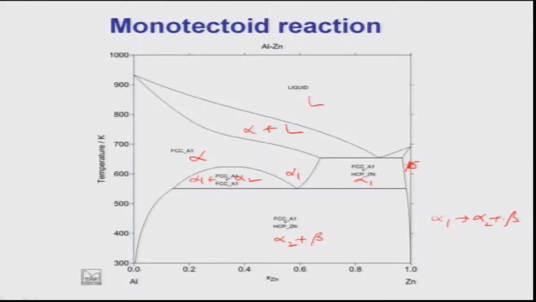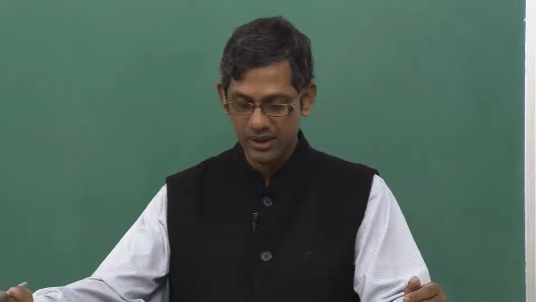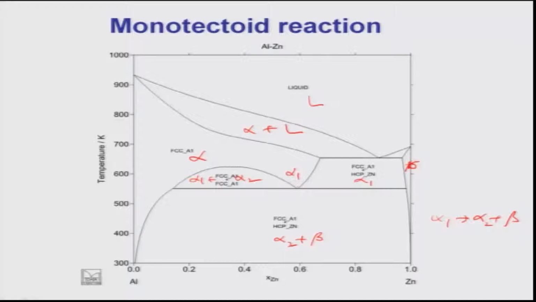That is how things actually happen in a monotectoid reaction, but here there is no such thing as in niobium zirconium. Niobium zirconium actually remains in two different kinds of states, that is why it has such a structure, but in this case it is not the case. So, such a thing is not true. As you see here, the compositions of alpha 1 and alpha 2 can vary. This is the alpha 1 composition, this is the alpha 2 composition. I think this is alpha 2, yes, it cannot be alpha 1. So, that is what is correct,